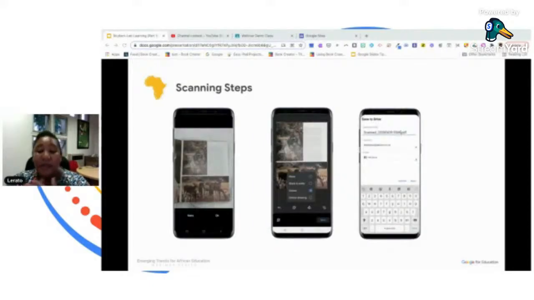Next step, you select OK. And if you are happy with the scan quality, then you can select if you want to change the color, and then you can name your file and select where you would like to have it saved in Google Drive and which Google account it should be saved to. The document is now in the cloud and ready to be shared with your colleagues or learners via Google Classroom.